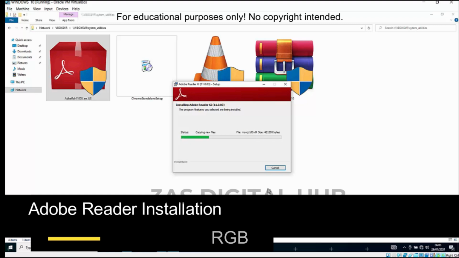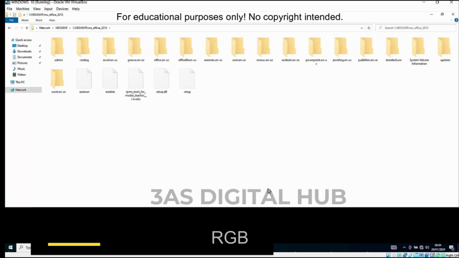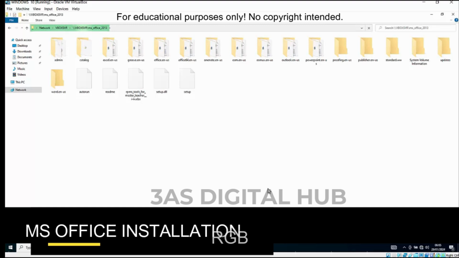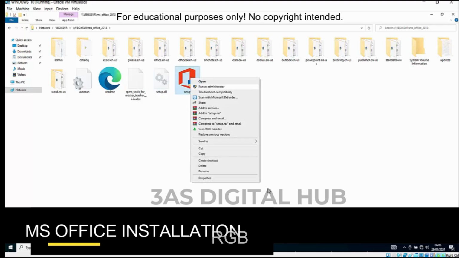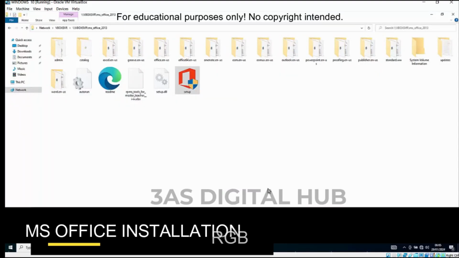Click next, next, then yes. Again, you wait for the instruction to finish, then as long as you do not click cancel, it will be finished successfully. Okay, so just click finish. Now for the Microsoft Office, just open the Microsoft folder and locate the term setup at the end of the file. So just click setup. So always run as administrator. Just simply right click the setup, click yes,